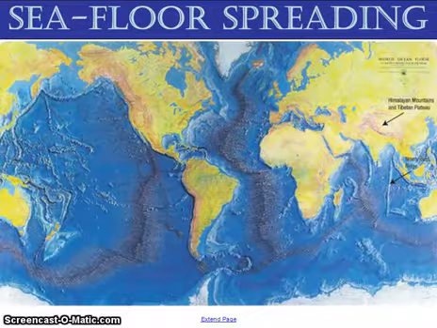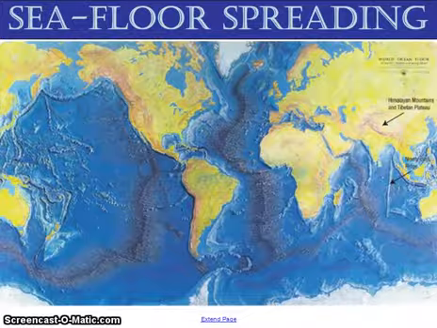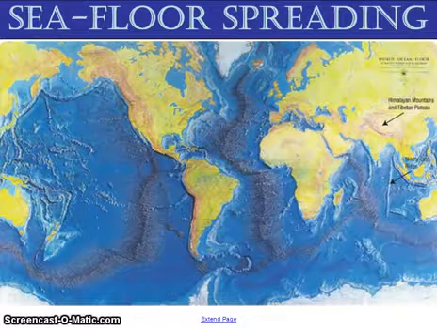It includes the idea of convection and convection currents. It includes the different types of crust, both oceanic and continental. It deals with deep ocean trenches and mid-ocean ridges. There's just so many things going on in this concept of seafloor spreading that it's hard to understand in just